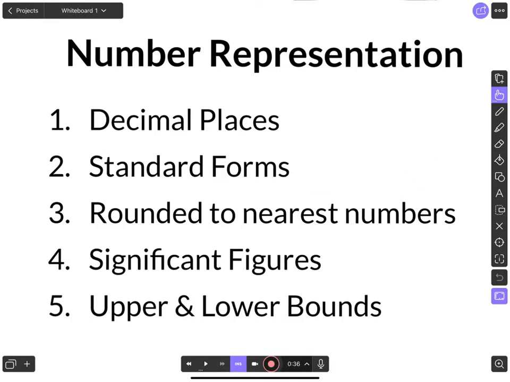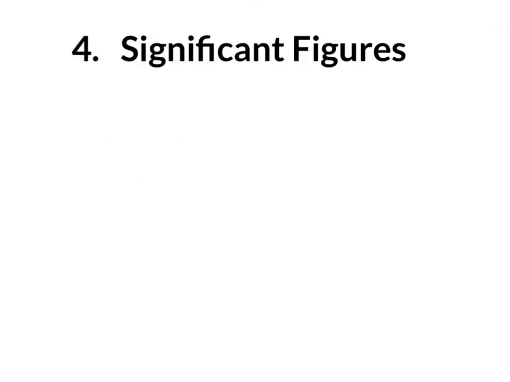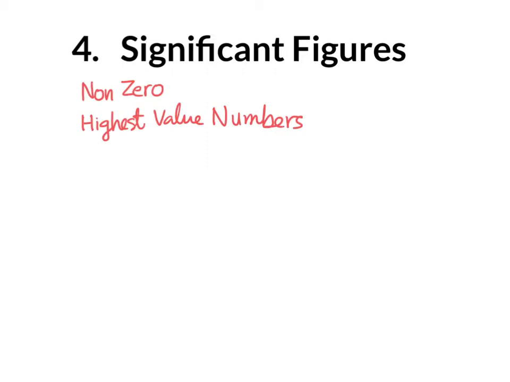Let's look into the fourth type of number representation, which is called significant figures. Significant figures are another way of rounding the numbers where we want to draw attention to non-zero highest value numbers. For an example, suppose we have a number 456,780 and we want to round it to 3 significant figures. In this case, the first 3 non-zero highest value numbers are 4, 5 and 6, and anything after this needs